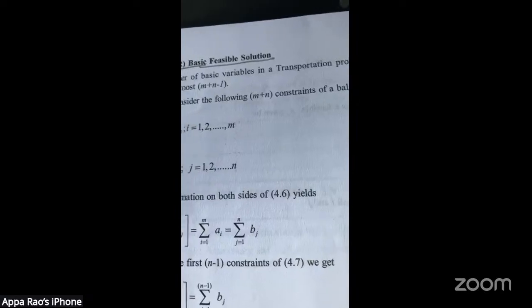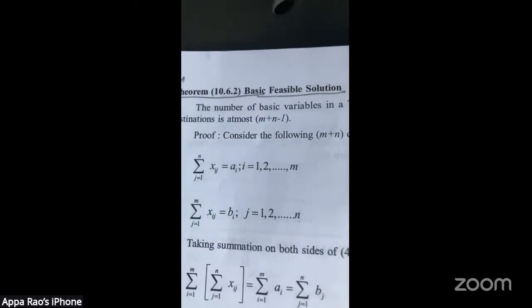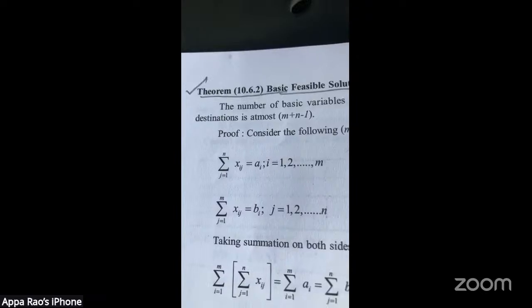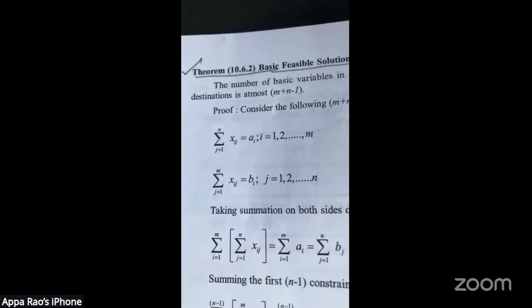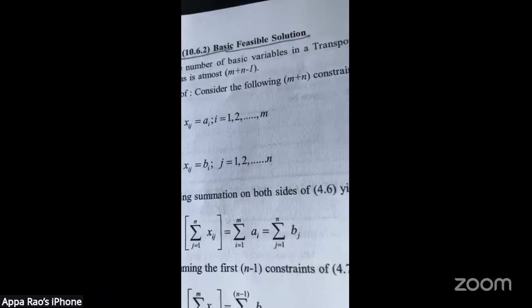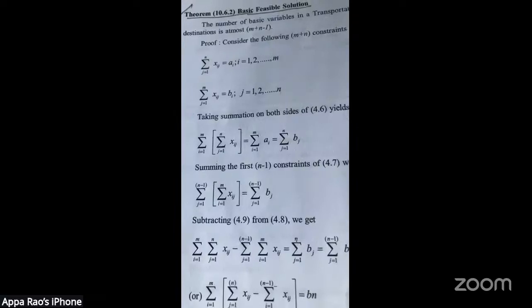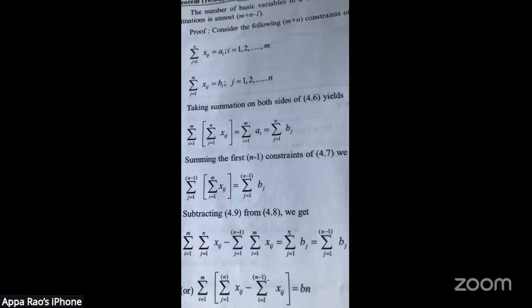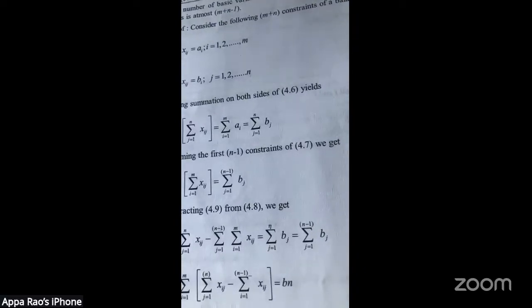Consider the following m plus n constraints of a balanced transportation problem. The sum over j equal to 1 to n of x_ij equals a_i, for i equal to 1 to m. The sum over i equal to 1 to m of x_ij equals b_j, for j equal to 1 to n. Taking summation on both sides yields the double sum of x_ij over i and j equals the sum of